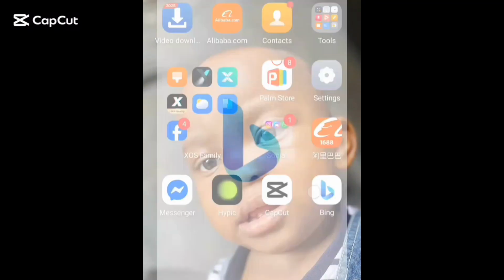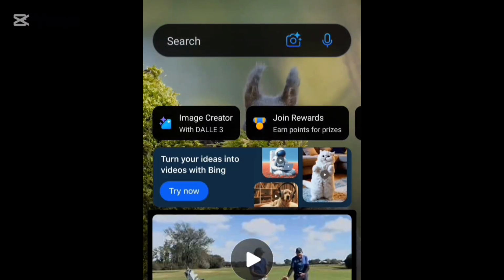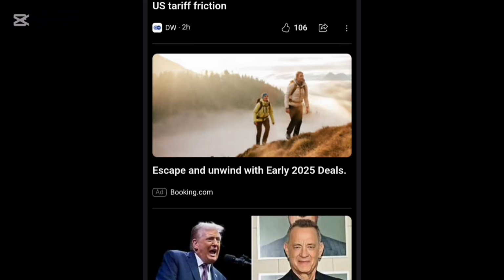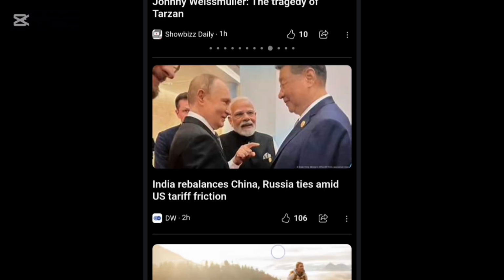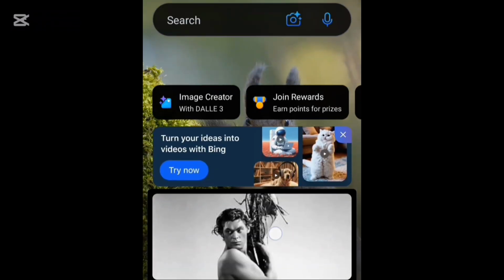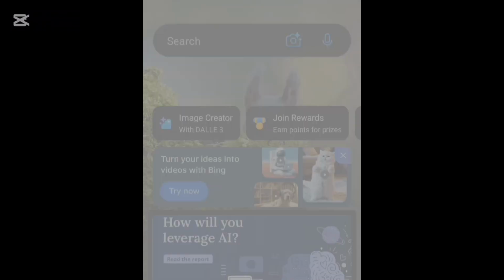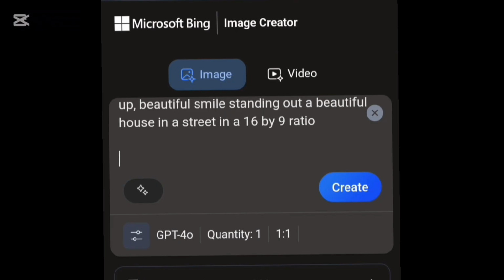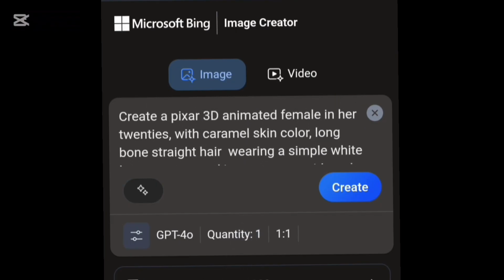So in this video, I'm going to show you two apps that you can actually use to generate your AI images, right? The first one is going to be Bing AI. Just go to your Chrome and type in Bing, or you can go to your Google Play Store in whatever device you are using and download the app. Once you are done, click on Create Image and then put in your prompt to generate the kind of image